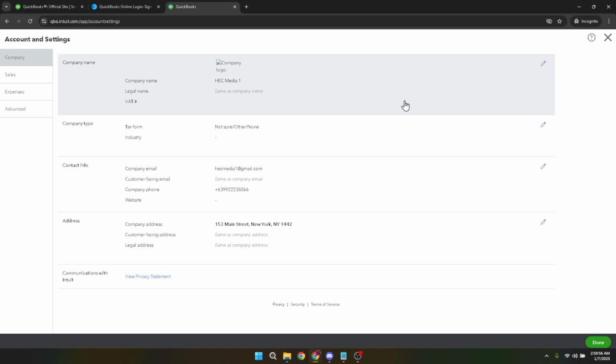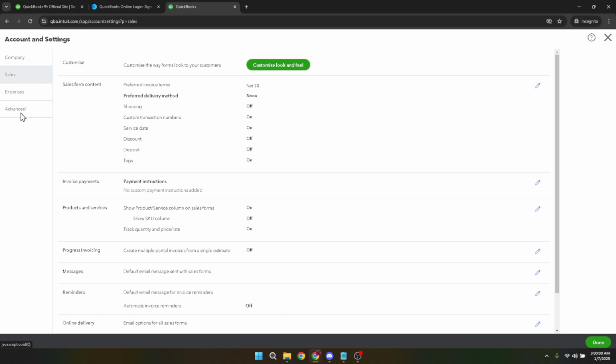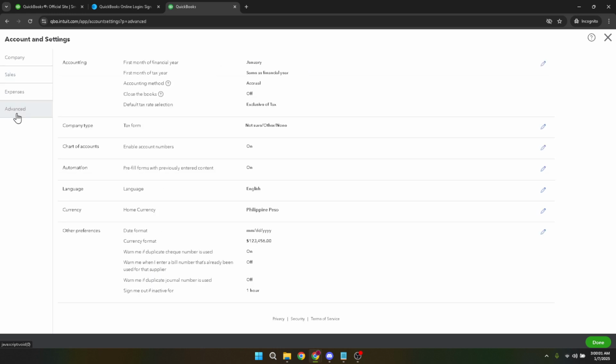What you want to focus on today is the Advanced tab. Click on it when you see it in the list. Now, under the Advanced tab, scroll down until you find the option labeled Currency. This feature is particularly useful for businesses that engage in international transactions or have operations in multiple countries. Changing the currency setting here helps ensure that your invoicing and reporting accurately reflect the financial transactions relevant to your